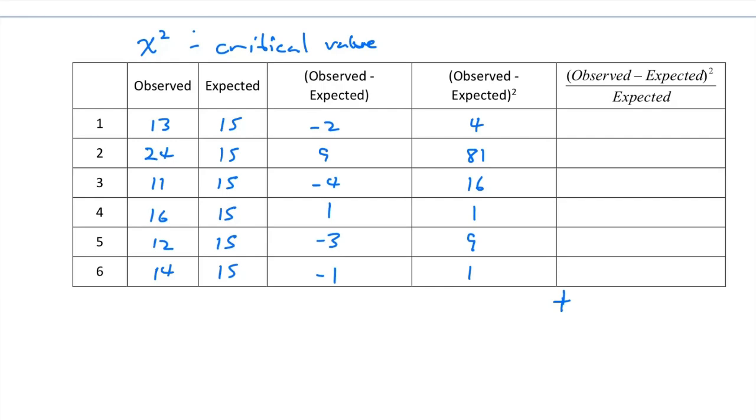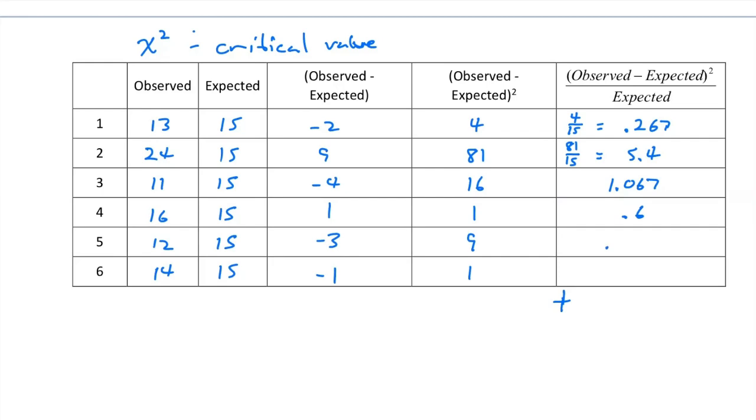Okay. And then the last step is to take that squared number and divide it by the expected value. So we're simply going to take all of these numbers, 4, 81, and so on, and we're going to divide them by 15. I'll just show the first two. Obviously, we'll just do that all the way down the line. And so I've pre-populated these numbers, so I'll just write these in: 0.267, 5.4, 1.067. One thing I will say is be a little careful not to round these numbers too much, just so that you don't end up